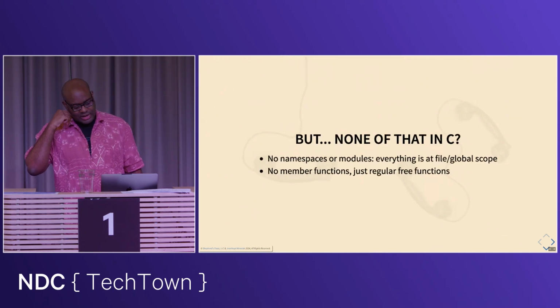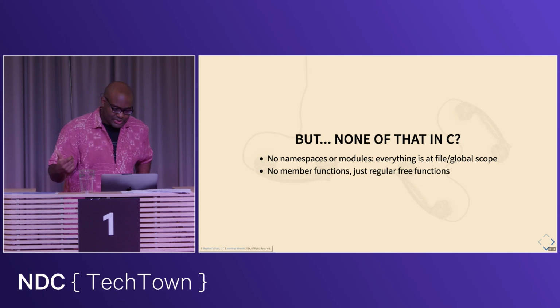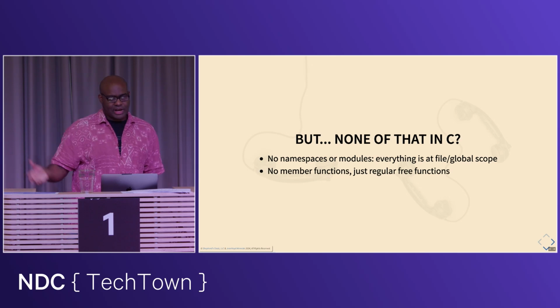But the problem is that none of this exists in C, right? We don't have namespaces. We don't have member functions. We just have regular free functions, right? Everything is at file or global scope. So when you're thinking about how to put operators in C, a lot of that name lookup stuff doesn't